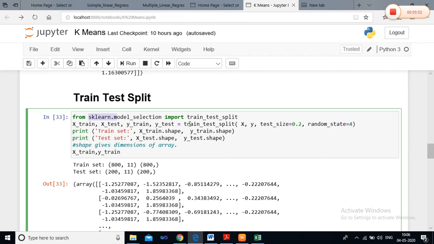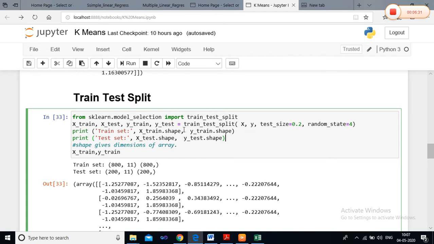Okay, now over here we have given test size equals 0.2. That means the overall size of the Excel file we have considered is 100%. Out of this 100% we have taken 20% data for the test set and 80% data to train our system. So over here you can see test size equals 0.2, which means 20% data is taken for the test and 80% data is used to train our model.